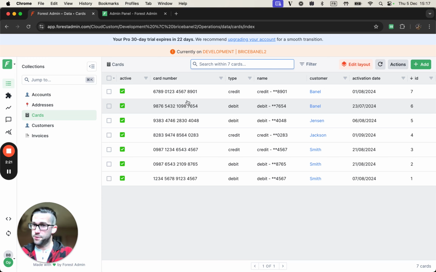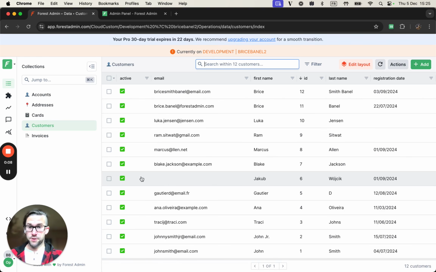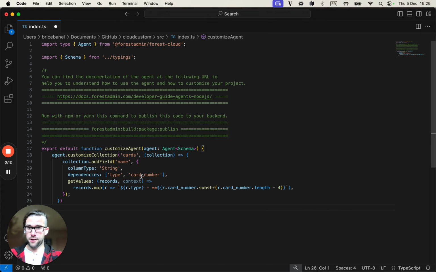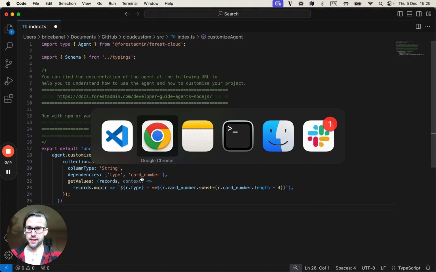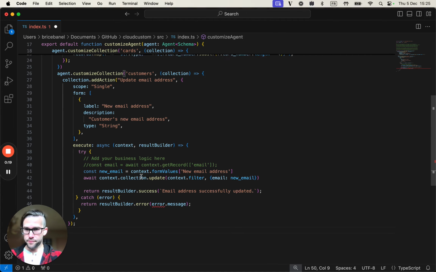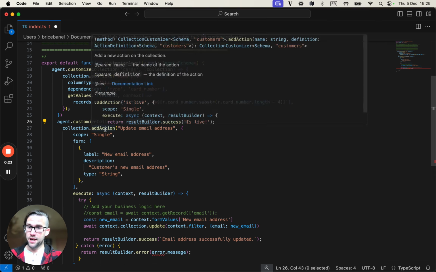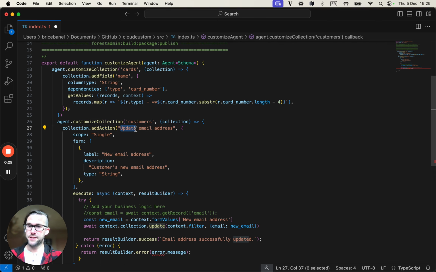Now the second thing I want to do is add a new action, this time to my customers collection. So to do this, we'll do the exact same process. So first, we'll want to go back to our index.ts file, which I still have open. And again, I will just copy this little snippet that I will run you through. So this time, we're customizing the customers collection. We're adding an action that will be called update email address that will just have a scope applied to a